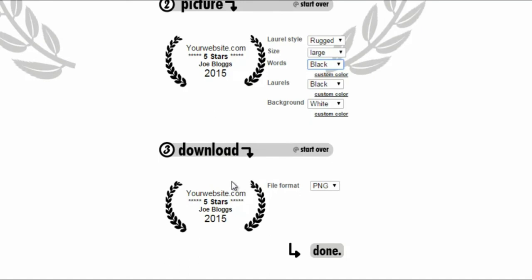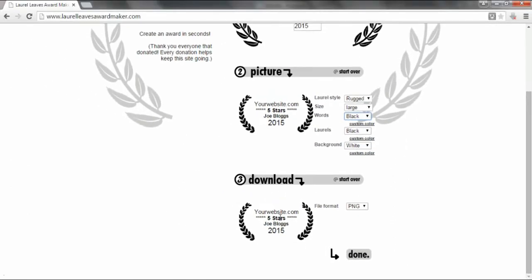Now, how is this useful for traffic? If you're ranking different blogs, different websites, different posts, you can send this award logo to people, and they will then put this award logo potentially on their blogs, on their social media websites, to say that they've been awarded 5 stars. Anyone that's looking at their blog or their social media website will see your website URL here.